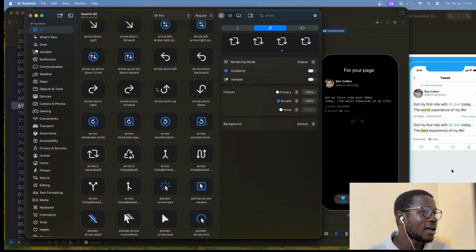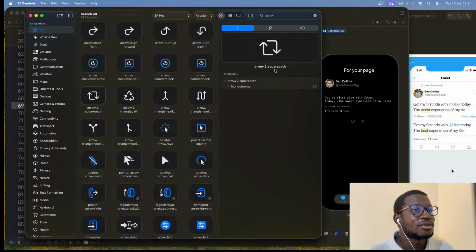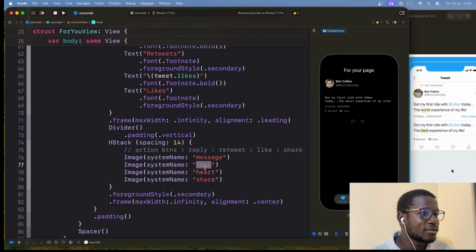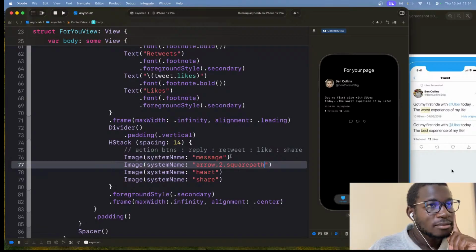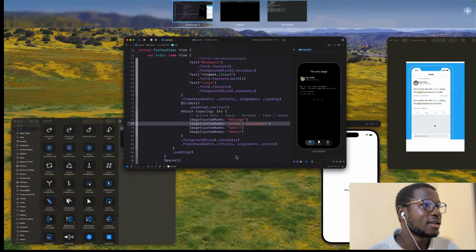But that applies to SF symbols that are layered like this, but this doesn't seem to have any layers. But we're not going to do any of that. So here we'll just get that symbol and use it for the retweet icon. Okay, so that gives us the retweet icon. The other one is